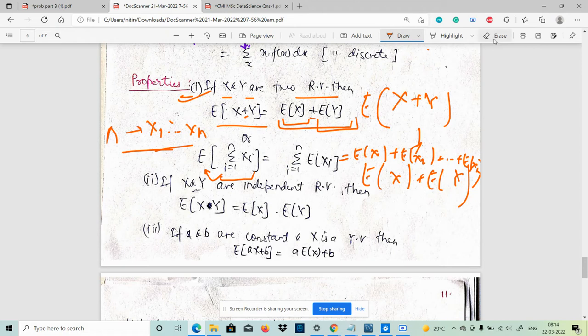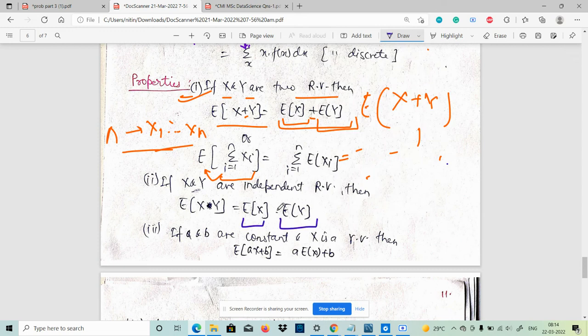Okay, and the next important thing is about the independence of random variables. Let's say you have two random variables X and Y, and you know that the expectation of X into Y is the expectation of X into the expectation of Y. In that case you can say that your random variables are independent. Let's say you get two random variables X and Y at any point of time, and they're asking if both random variables are independent or not. What you need to do is find the expectation of X into Y. This is going to be some value, and then the expectation of X is going to be some value, multiplied by the expectation of Y, which is also some value. If both these values are equal, you can say that your X and Y are independent random variables.